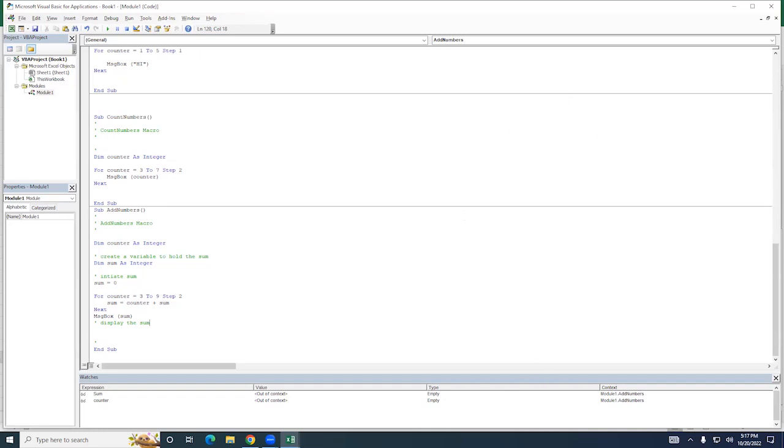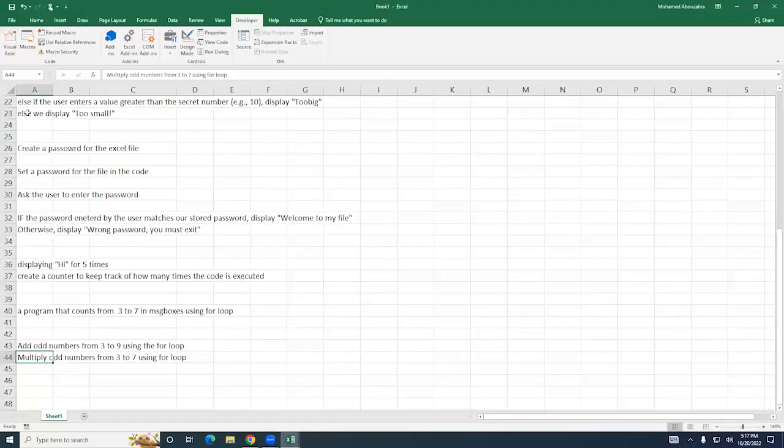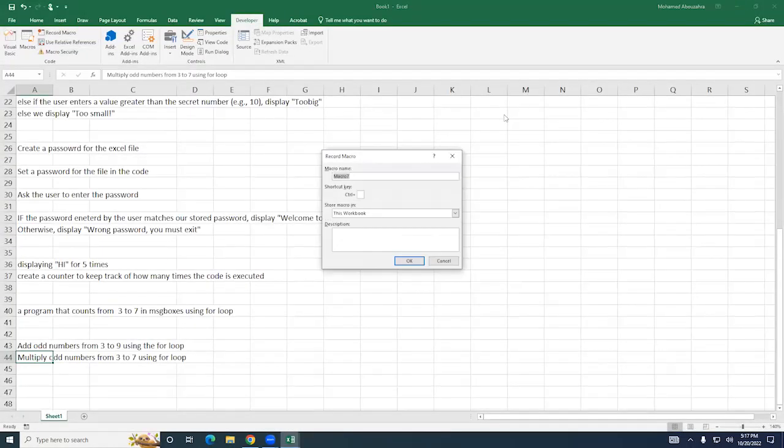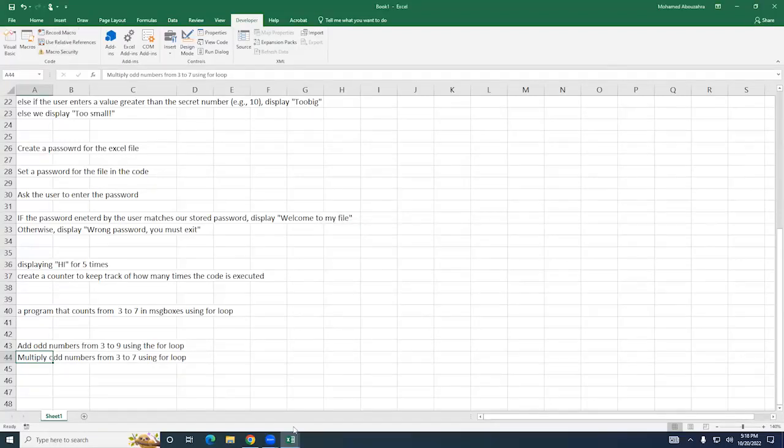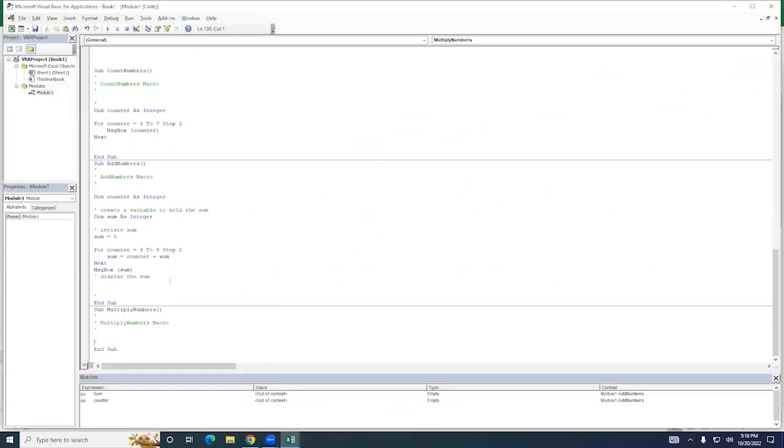Right. As always, I'm going to create a macro called multiply numbers. Okay, stop recording. Right, and I will leave this one visible so you will see that they are very similar